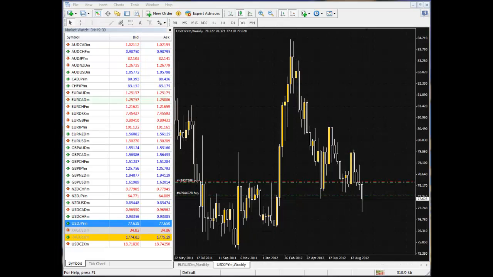Hi, this is Mark from Perpetual Wealth TV, and I'm going to talk to you right now about foreign exchange trading. This is a Forex chart here that I have of the Euro USD. I'm sorry, it's the USD Japanese yen, and it is on the weekly, and I have a monthly one here